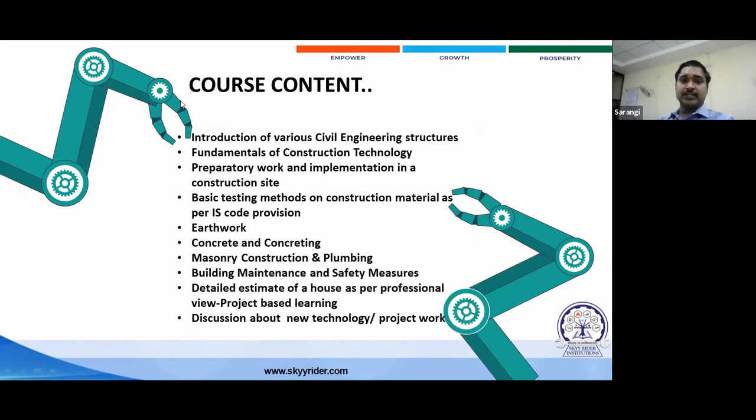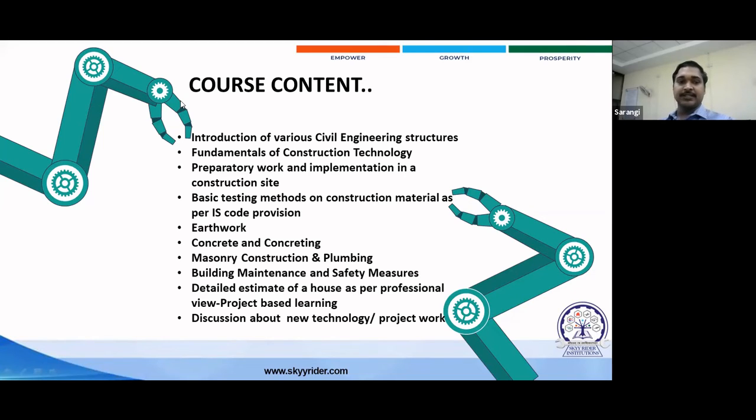Then this course contains the introduction of the various engineering structures, just like the buildings and the bridges, and the fundamentals about the construction technology. Construction technology is a part of civil engineering. By adopting various methods, we can complete a project work within the stipulated time period. And the preparation of the work and implementation, what is the step-by-step method which is generally applicable